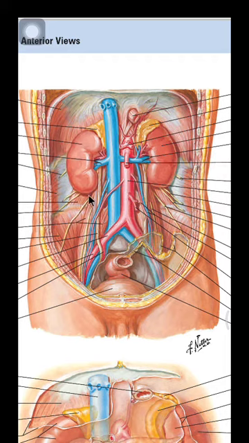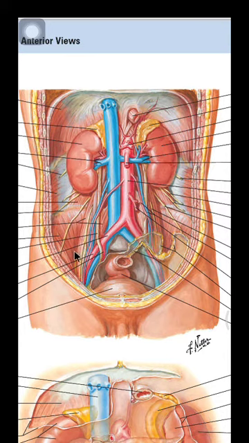Then here comes the right ascending colon. Here you have the transverse colon. Then in this region you will have the ileocolic junction. So the arteries supplying this region will be lying anterior to the ureter. Arteries will be the right colic artery supplying the ascending colon and the ileocolic branch supplying the junction of the ileum and the cecum, which is a part of the colon, part of the large intestine.